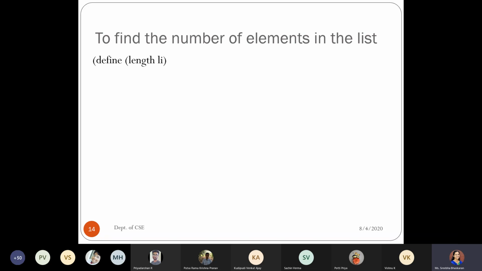Whenever we say it's a list, I think you remember from your C programming, or in CTPS, we have discussed the difference between the array and list. Remember? It's a simple difference.